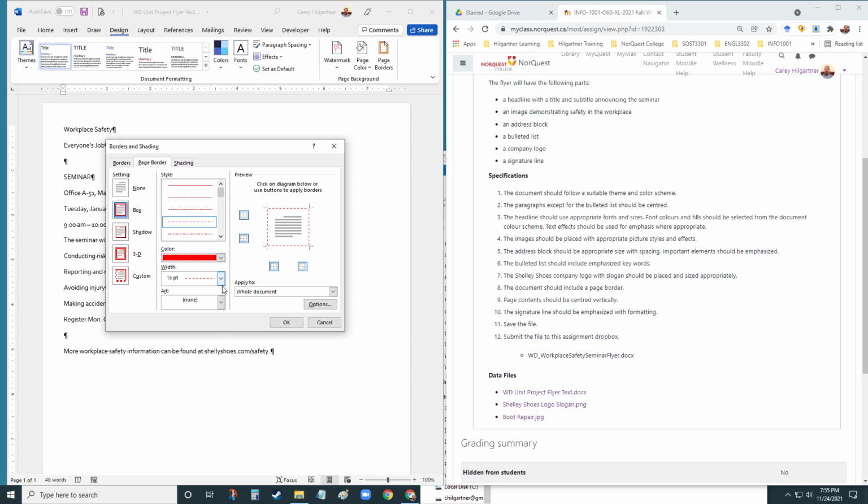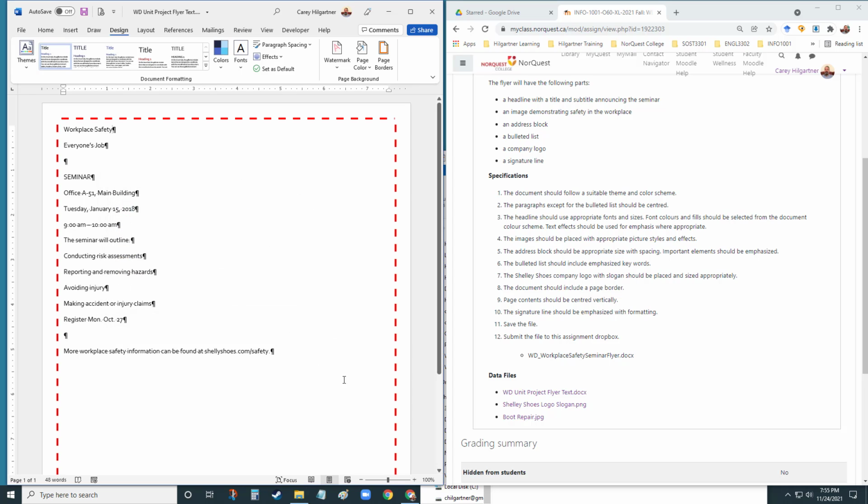There we are. We have to apply the width again. When you make those changes, 4.5 might be a little big. Let's go 3. It says apply to whole document. We hit OK. Yay, we got a border. Nice. The next thing we know about in terms of layout is, for the most part, all of our document